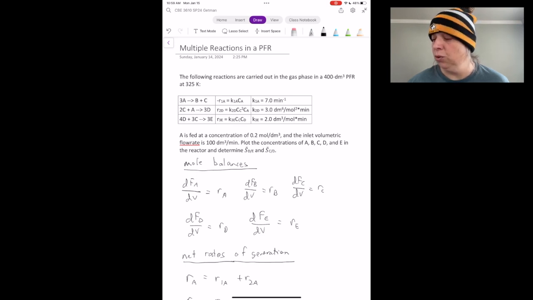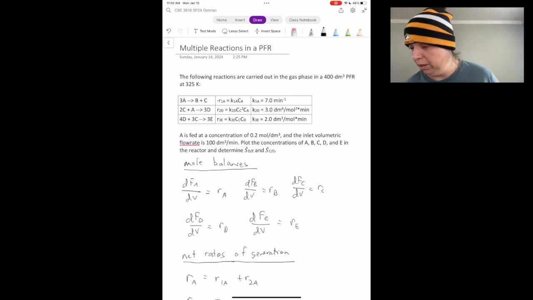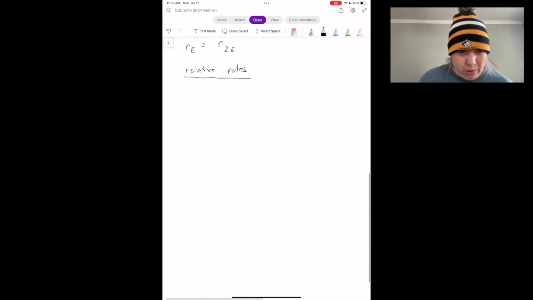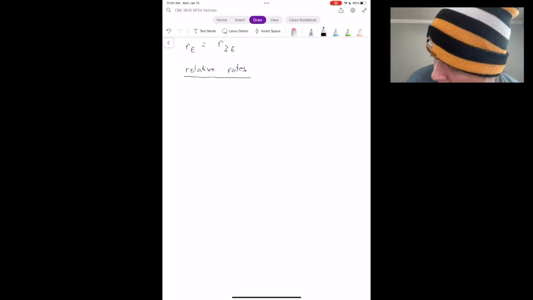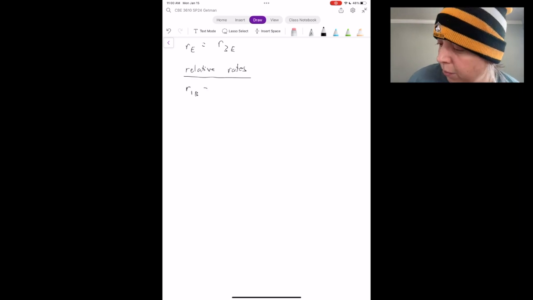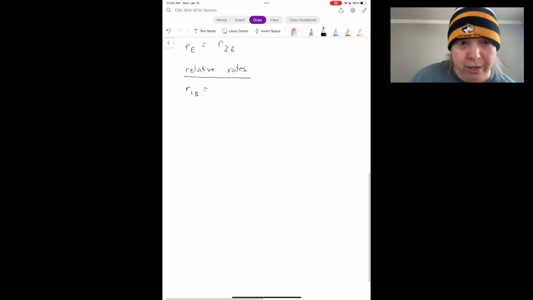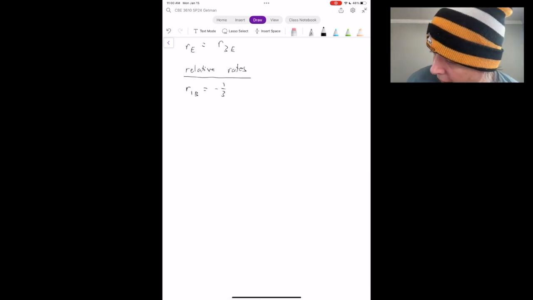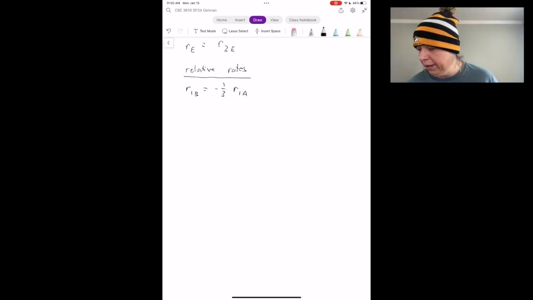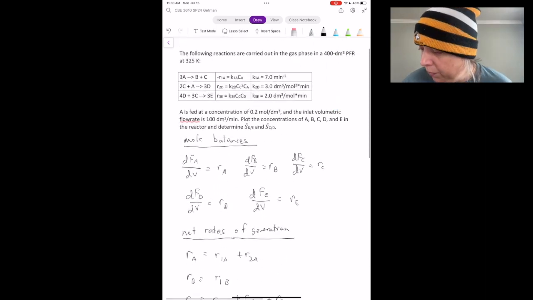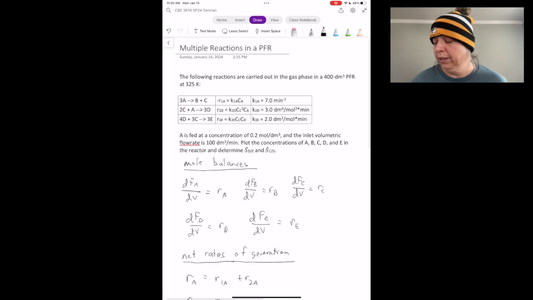For reaction 2, we need to write relative rates for C and A. And for reaction 3, we need to write relative rates for D and C. So let's do that. All right, so relative rates. So let's start with reaction 1. So we're going to write for B and C. So R1B is going to be equal to negative 1/3 R1A. And how I'm getting that, if I go back here, we want to use the equation of relative rates,